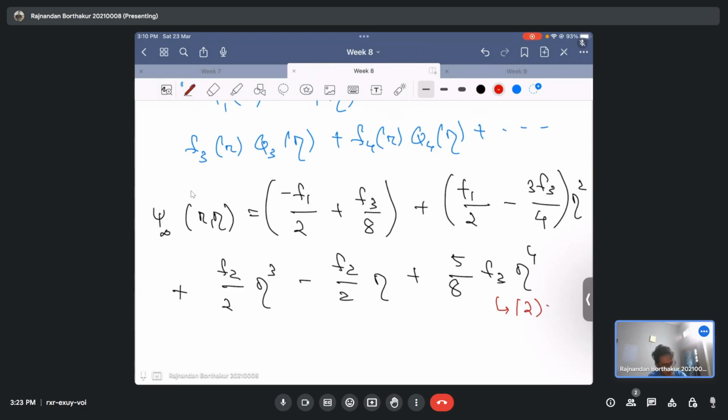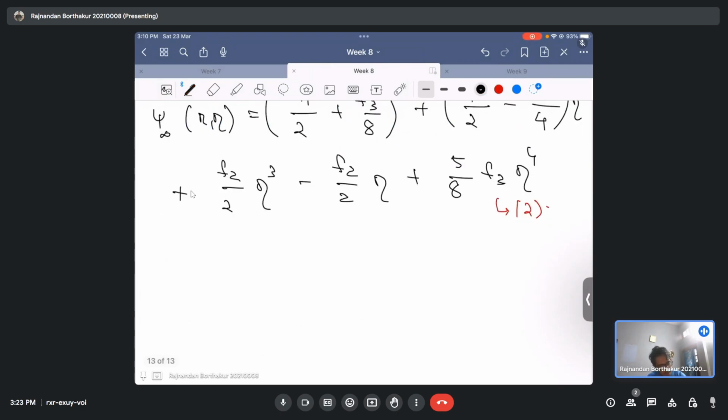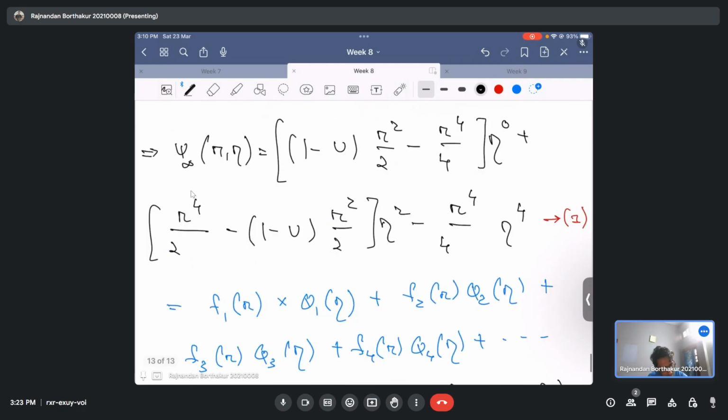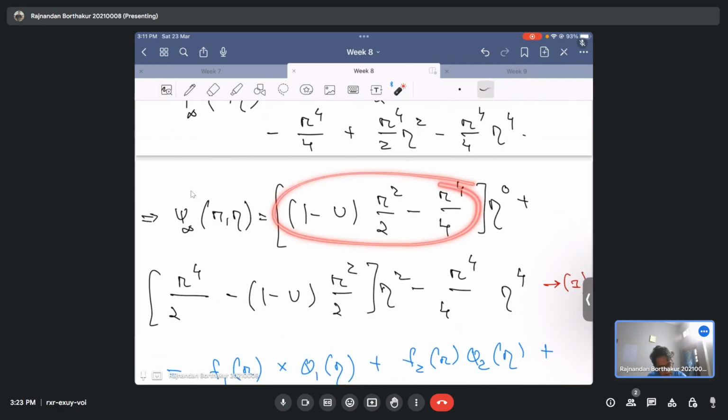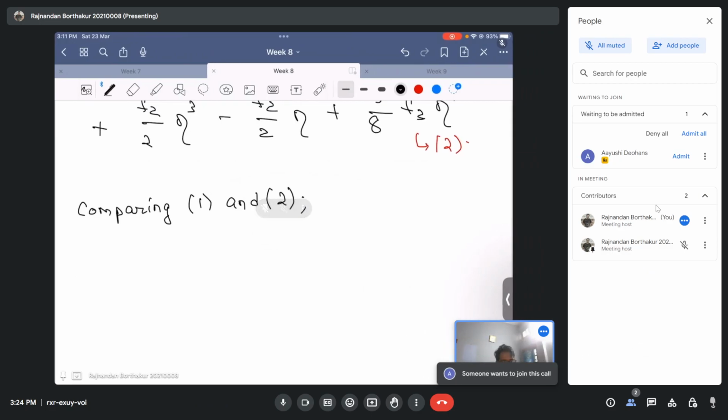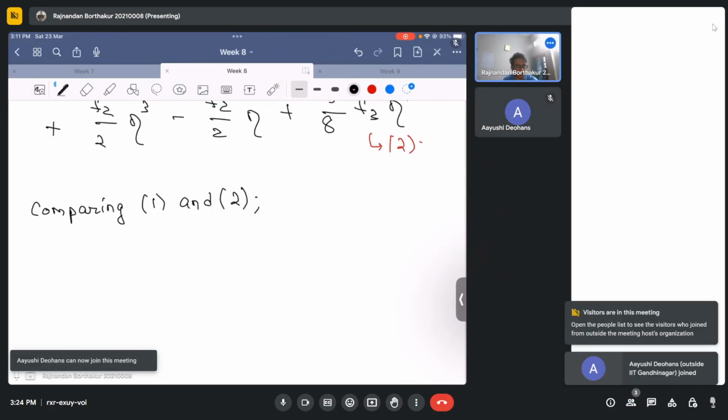So the idea is, if you now compare equations 1 and 2, okay, if you now compare these two terms, what we will get is the first term, which is basically of eta to the power 0, as you can see. This term will be equal to this, which means I have minus, sorry. Okay,